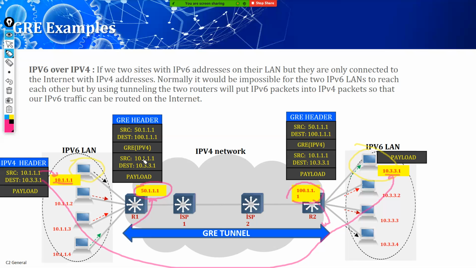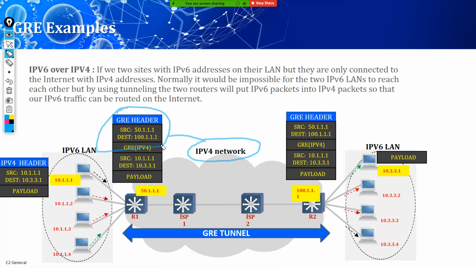So if we look at the payload now for the GRE header, this is the same as it was on the original IP header. This portion is the same as it is. On top of that, we added a GRE packet, and then the GRE tunnel source IP. Source IP is this one, and the destination IP is 100.1.1.1. So basically, we just added the additional header on top of the incoming traffic from this PC. When this packet goes through this IPv4 network, it will go in the form of a GRE tunnel, and